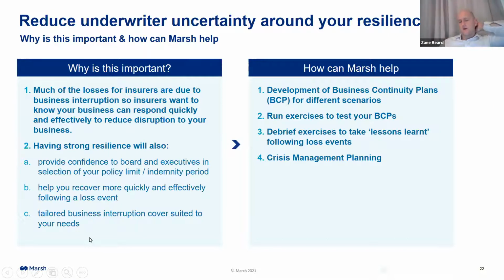I think a point here on this, Rob, is that firstly, business interruption losses can often be more significant than the material damage loss. And so insurers are often paying out more for the BI component. So one, you want to make sure that what you're declaring in terms of your declared values, but also what you're insured for BI, is accurate, so that you're not over-insuring or under-insuring, because that could have an impact on premium or your risk. The second thing is that having that business continuity plan demonstrates that you are going to respond effectively and quickly to that event.